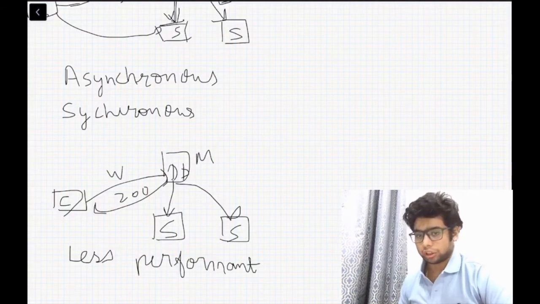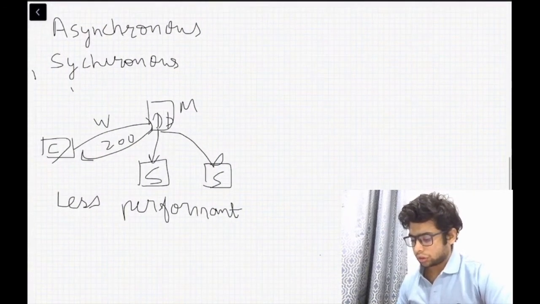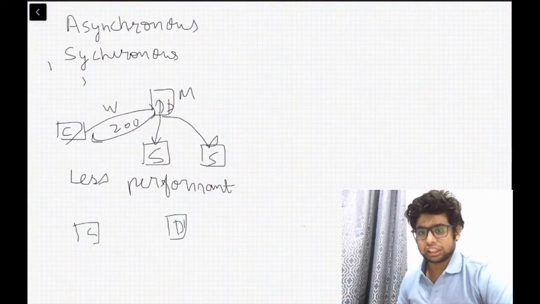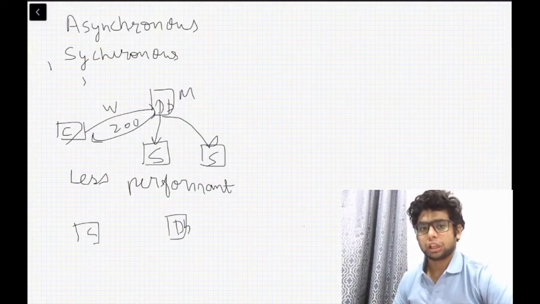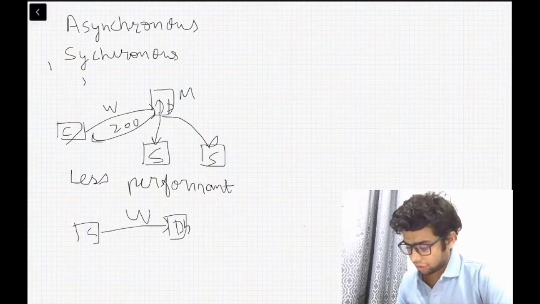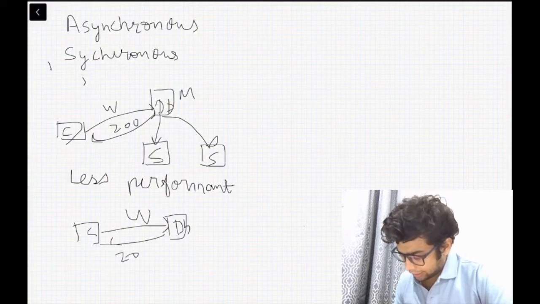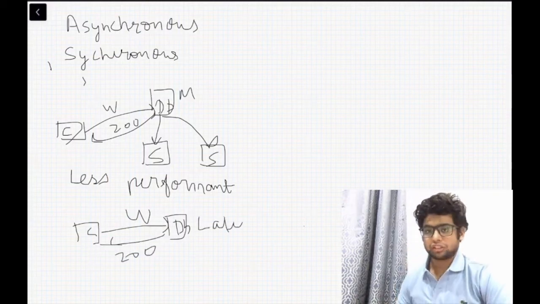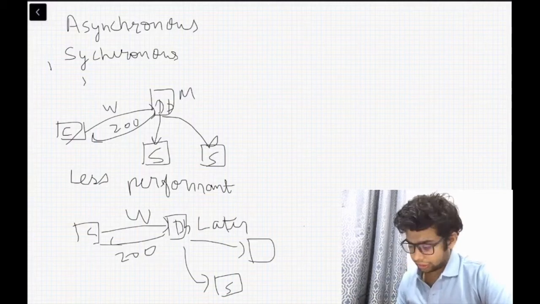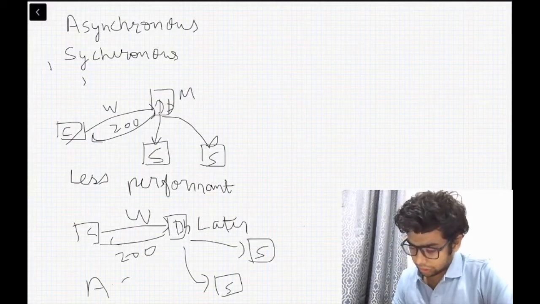Now if we see what asynchronous is, in asynchronous the client writes to the DB, and instantaneously when it is written to master we get a good response, and in the background it copies the data that has been written to master to the slave. So that is asynchronous. We write, we don't wait to get it copied to each slave, we get 200 instantaneously, and at a later point, by later we mean just fractions of a second later, it is copied to the slave. So this is asynchronous, and synchronous is with this.